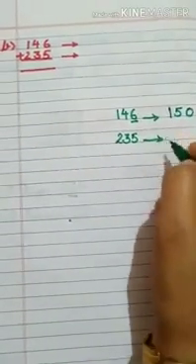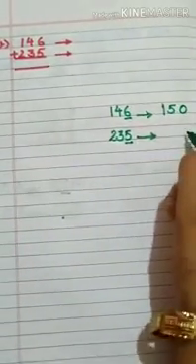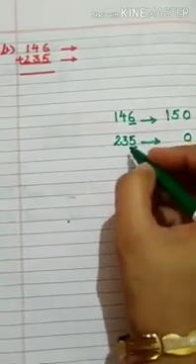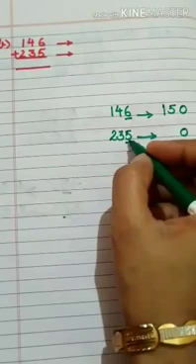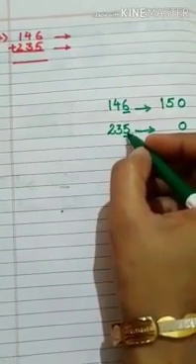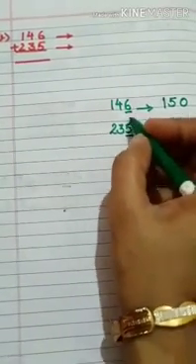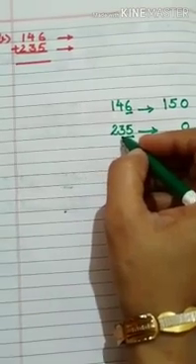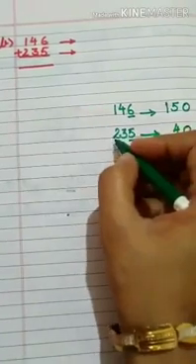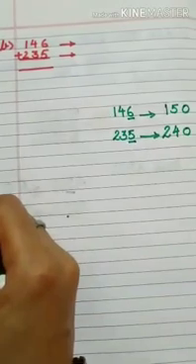So now again the first step is to underline the ones place, right? The second step, write down 0 at the ones place here. Our third step is to compare this ones place digit with 5, as it is 5 here and that is equal to 5 only. So what we have to do? We have to add 1 at the tens place. So 3 plus 1 is 4 and the remaining digits we will write as it is. So 2 will remain 2 only, right?